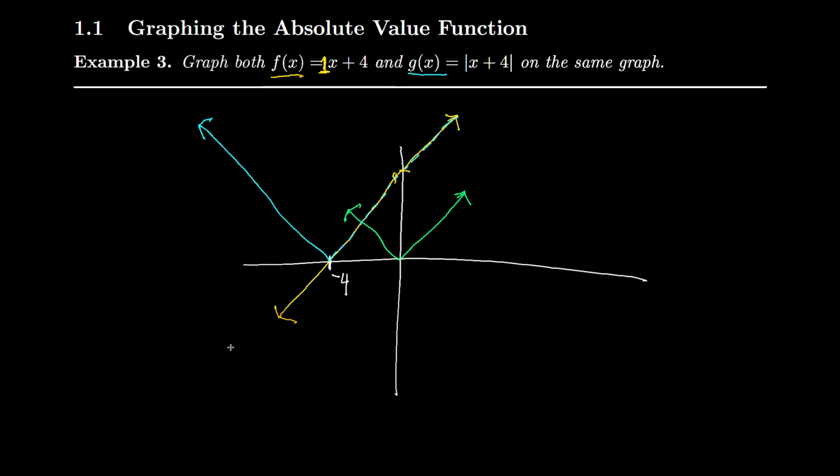So these things can get a little bit more complicated, but the main takeaway is that all that this is, and I'll take some of this data off here, it's just your normal line, except all the negative parts, you can think of it as bounces off the x-axis and stays positive. Now, is it ever possible for parts of this absolute value function to actually be contained in quadrants 3 or 4? You can take a moment to think about it, but we're going to move on to the next example